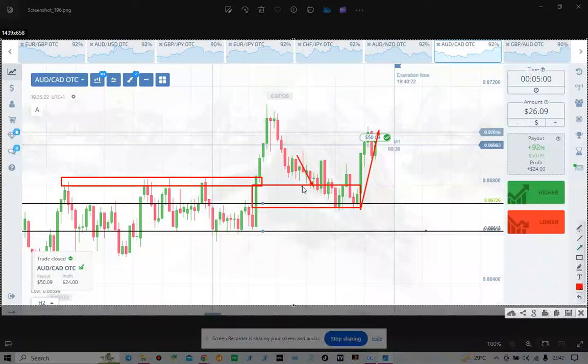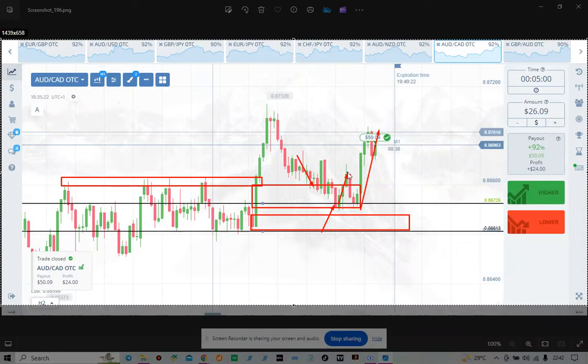So I waited for some minutes to see if I could see any confirmation for entry, because I'm rolling over the amount. I didn't see any confirmation, so I kept waiting. I thought the market was actually going to respect this order block. But when I saw this candle almost touch the order block and reverse to the